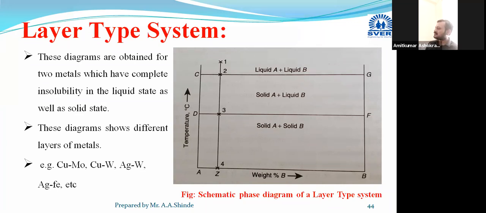If you have any questions or doubts, please ask me. I will wait for a few minutes here. Please draw the diagram of the layer type system and I will collect the remaining attendance. Okay. I will verify the remaining attendance. If you have joined late, please mention your roll number in the chat box. Okay. If you have understood this layer type system clearly, then please mention that in the chat box. If no doubts are there, then I will continue next time.